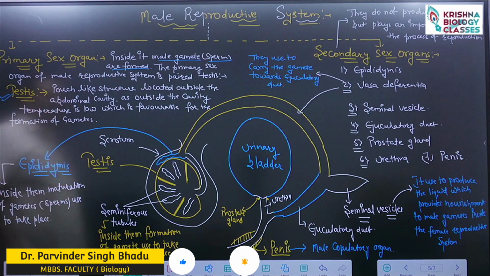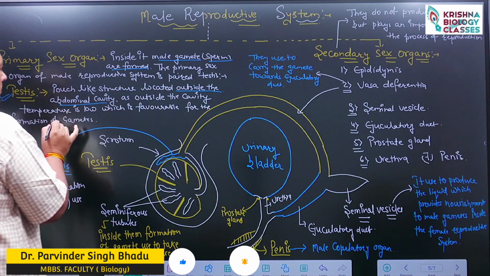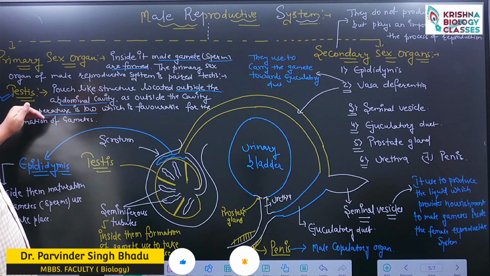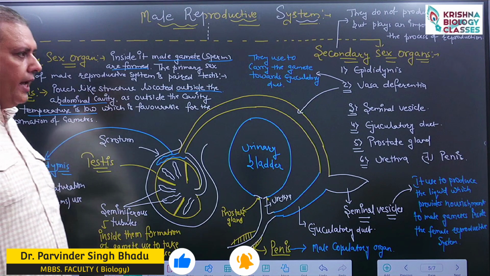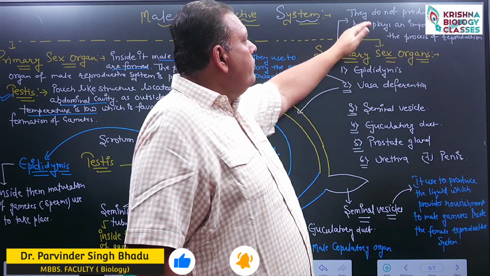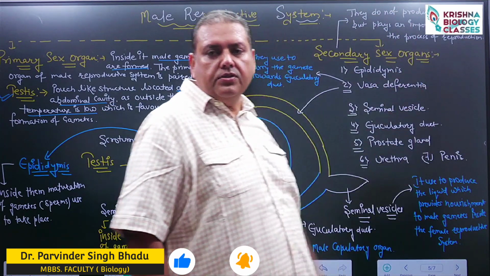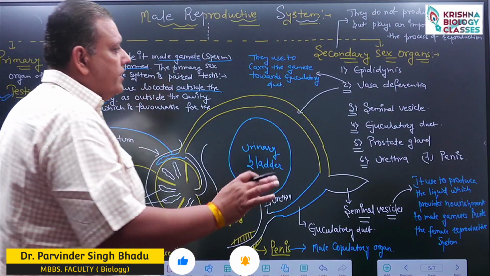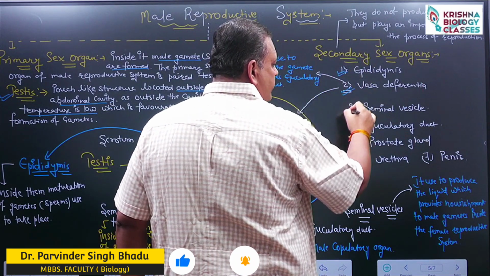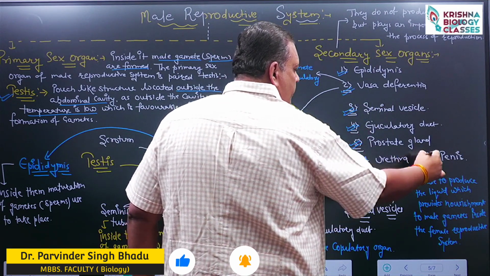They are located outside the abdominal cavity because the temperature is low outside the abdominal cavity, which is favorable for the formation of gametes. Whereas secondary sex organs are the organs which do not produce the gamete, but they play an important role in the process of reproduction. The secondary sex organs of the male reproductive system are epididymis, vasa deferentia, seminal vesicle, ejaculatory duct, prostate gland, urethra and